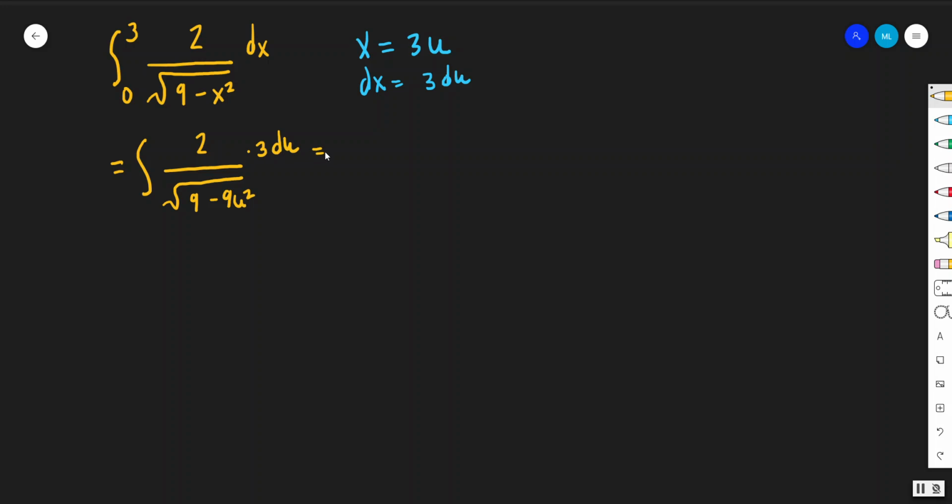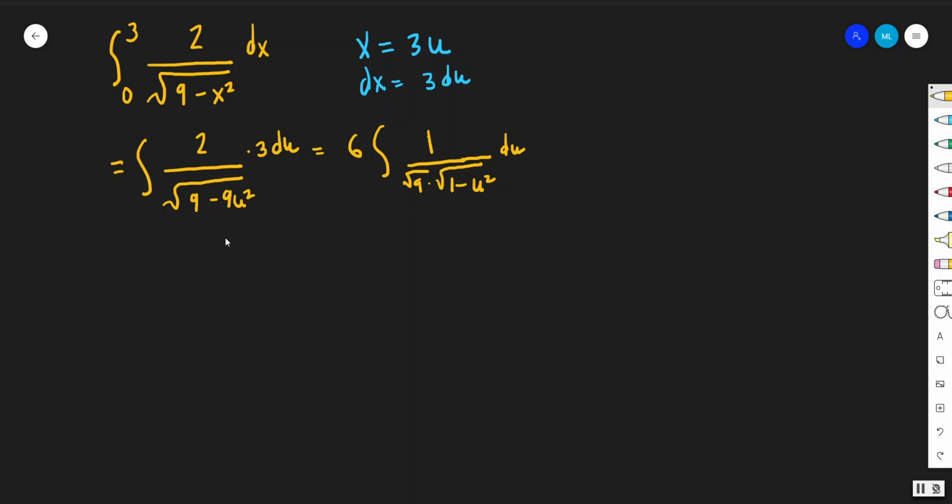Now, rewriting this, we have 6 times the integral of 1 over the square root of, now let's actually take out the 9. So we notice that we can take out the 9, which leaves us with the square root of 9 multiplied by 1 minus u squared